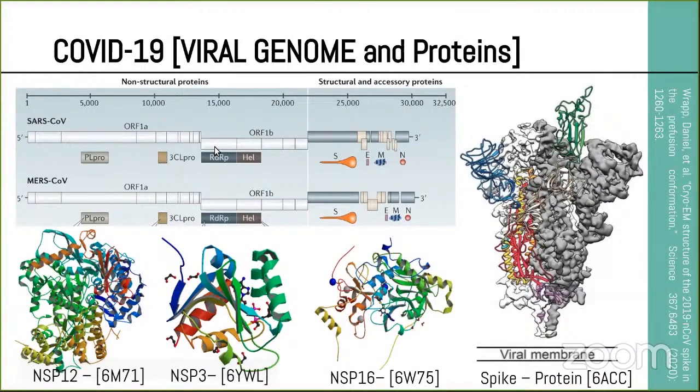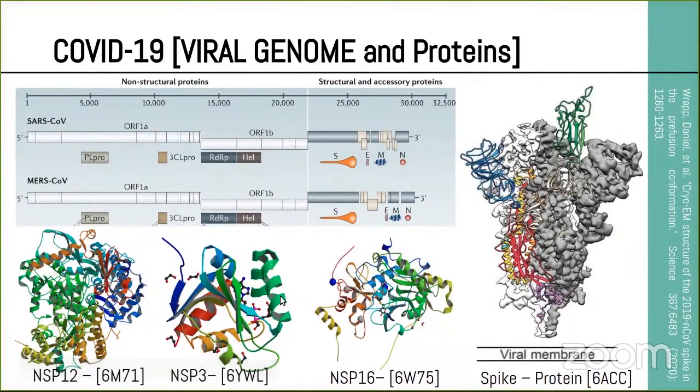Similarly, many proteins are present in that virus, called non-structural proteins. We call them non-structural protein 1, protein 2, up to NSP16. These are coded from this particular region. In January 2020, not many structures were available for the recent coronavirus. In March 2020, some structures related to different functions came.